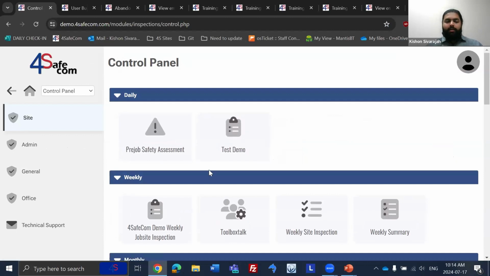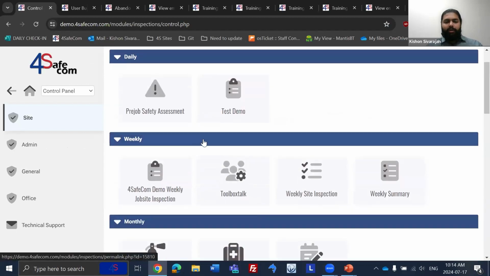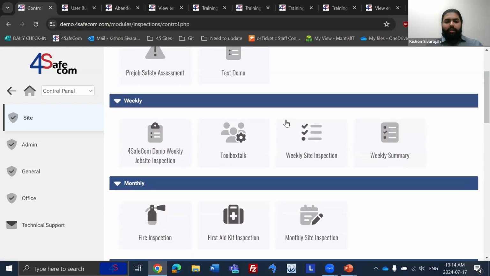This control panel is different for everyone because you may have specific forms assigned to specific users, or you may have specific forms assigned to specific roles. So it'll be slightly different for everyone how it looks, but this is how it would look, for example, for me. Now, if I were to scroll down and click on, for example, the weekly site inspection,